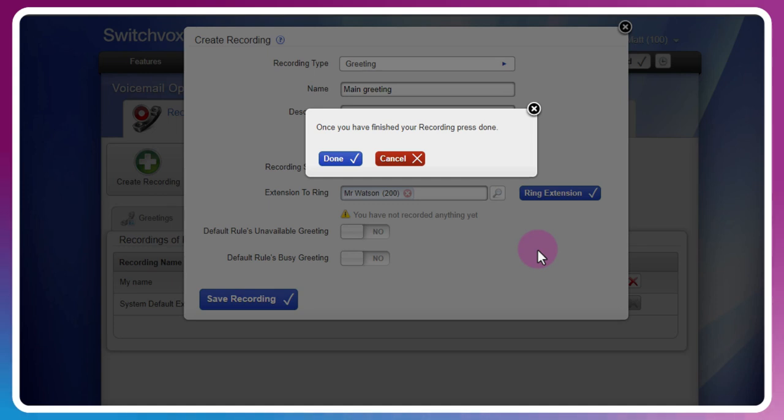Please leave your message after the tone. When done, hang up or press the pound key. Hi, you've reached Matt with Sangoma. Not available. Please leave a message and I'll get right back to you.